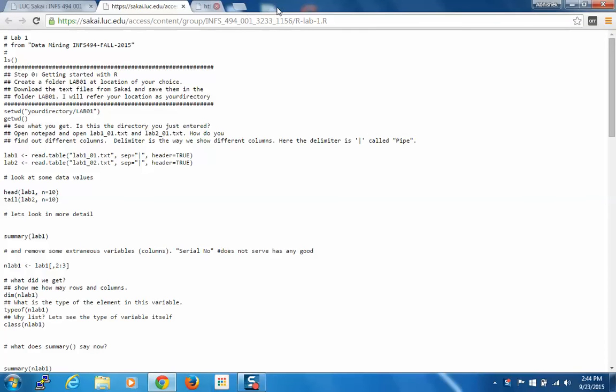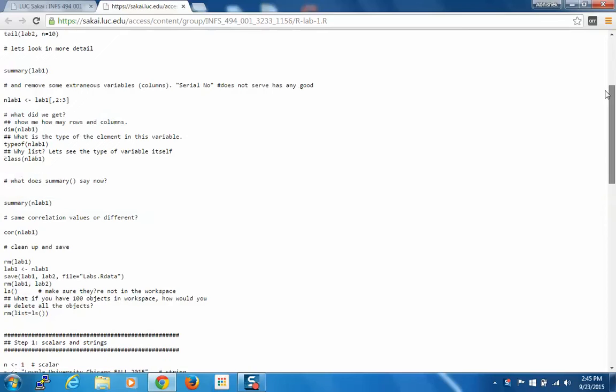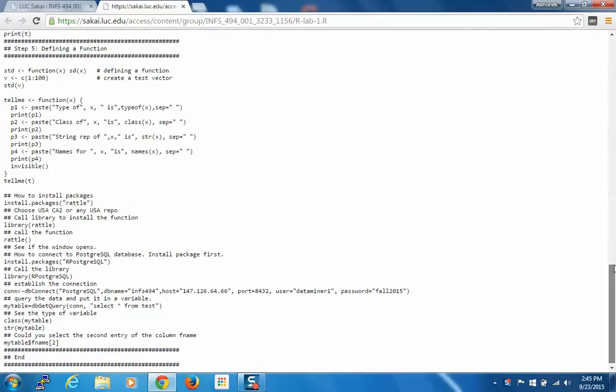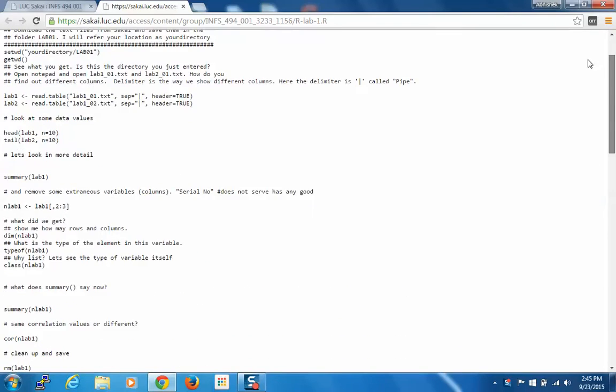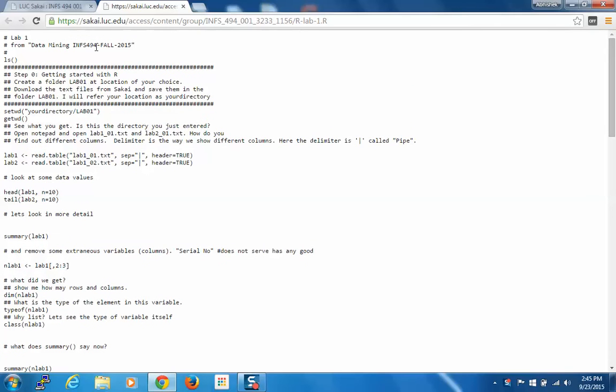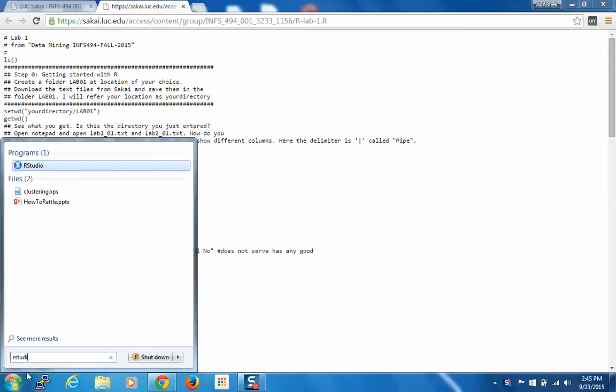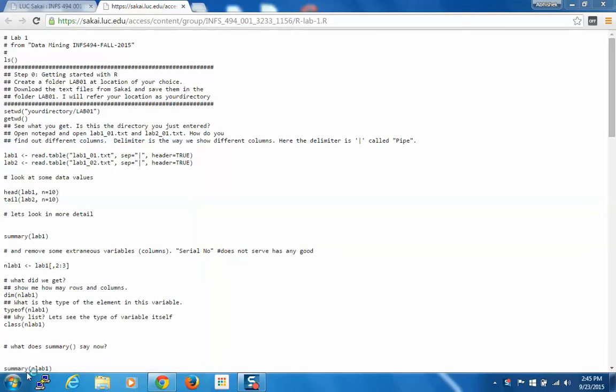It will open in the web browser, and now I will go through each step the way I went through it in the class. In case you were not there in the class or you could not follow, just pay attention to these steps. Okay, so everything will be executed in R. The way to start R is go to the start window and type RStudio. Once I do that, RStudio comes up